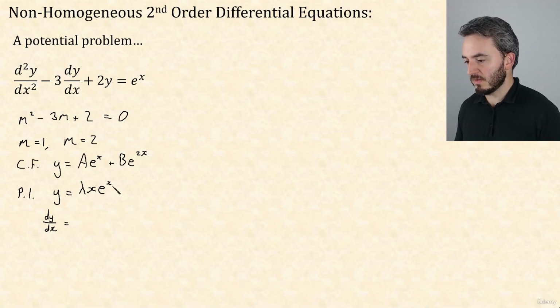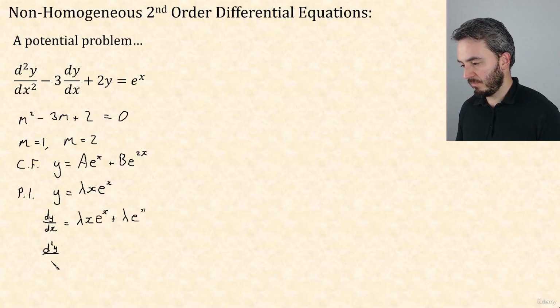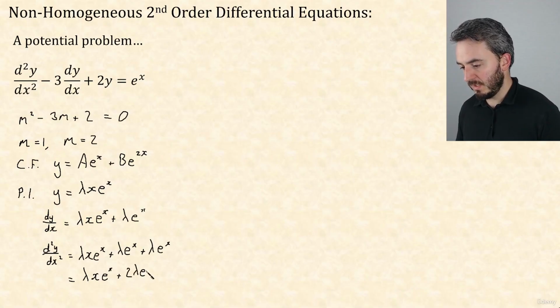So dy by dx here. We need to use the product rule. Here's u, here's v. So it's u v dash plus u dash v, which is just lambda v. Then we find the second derivative. Differentiating this again using the product rule, it's u v dash plus v dash u, and then plus the derivative of this, which is just lambda e to the x. So in total, our second derivative is lambda x e to the x plus 2 lambda e to the x. So putting that all together,